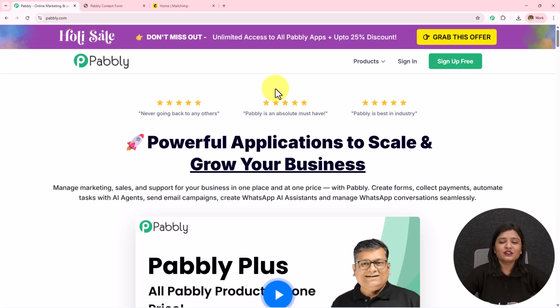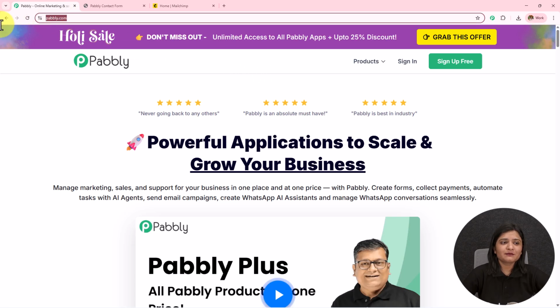Now this is the landing page of Pabbly and you can visit this simply by typing pabbly.com in your browser. After browsing the website, we need to sign into a Pabbly account. On the top right corner, you can see two options, sign in and sign up for free. If you are an existing user, click on the sign in, and if you are a new user, click on the sign up for free,